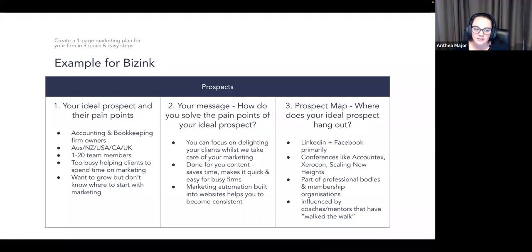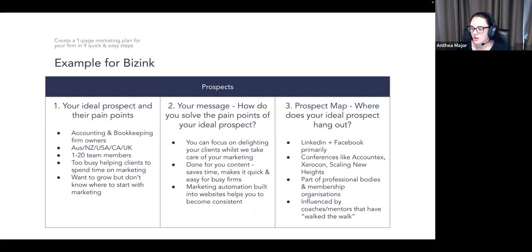But typically the partner, the business owner, is going to be probably too busy to think about marketing, but they do want to grow. So you can think here about emotions, but also ambitions and characteristics and that sort of stuff as well, because obviously we need a certain type of person who wants to actually invest in their business and grow it as well.